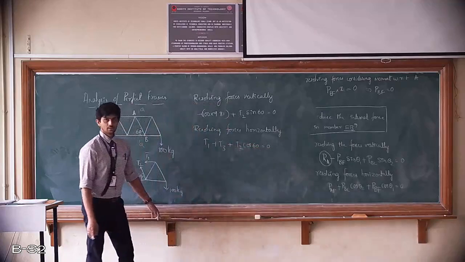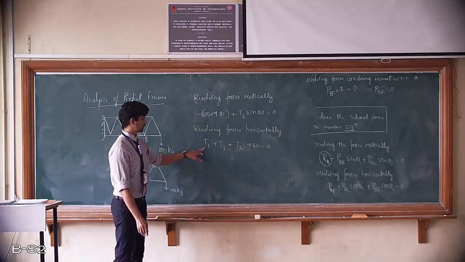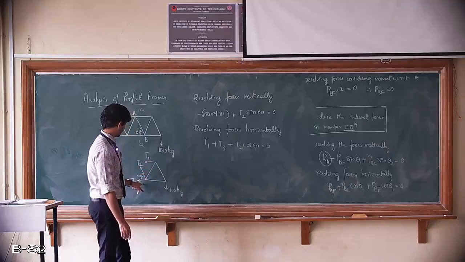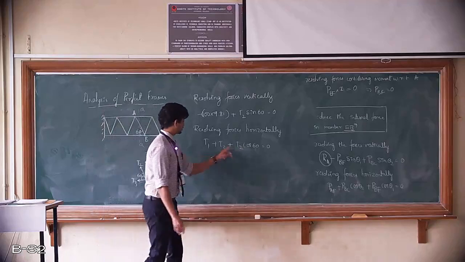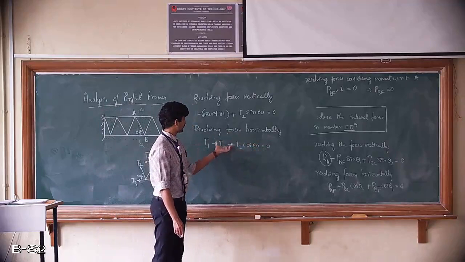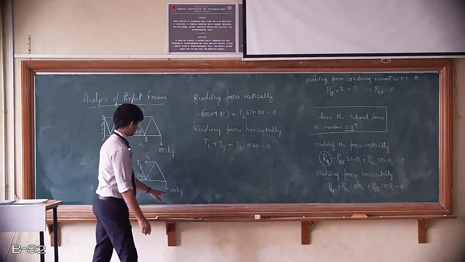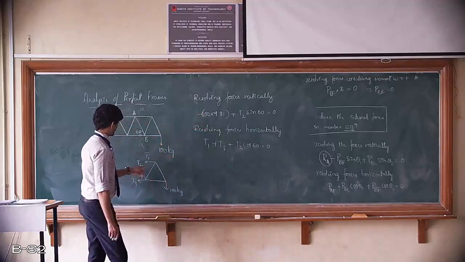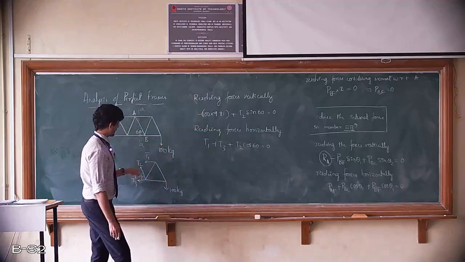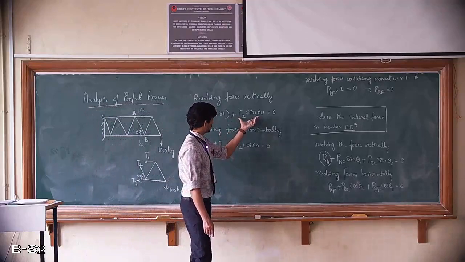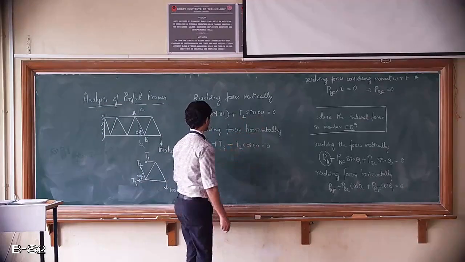Now if you look at this equation, when we resolve horizontally, T1 is unknown, T3 is unknown, T2 is unknown. So all three are unknown, so no output from this particular equation. Whereas if you resolve vertically, we have one known load, 100 kg, plus T2, which is considered to be tensile and inclined towards the vertical, so it will be T2 sine 60. So if you resolve this,